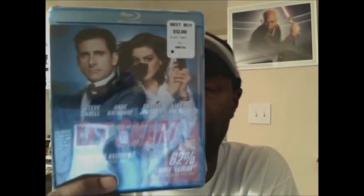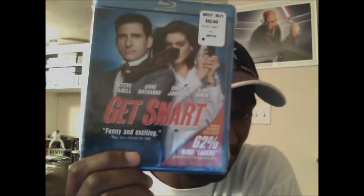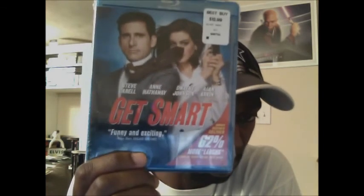So for, like I say, $8, not a bad deal. Something I've been playing around with for a while to add to the collection, but once again, it was going to have to hit a price point I was willing to pull the trigger on, and finally did. So, let's Get Smart. And the one that I haven't seen, it's a blind buy, but I wanted to, is The